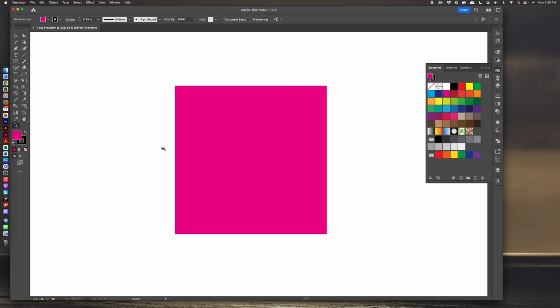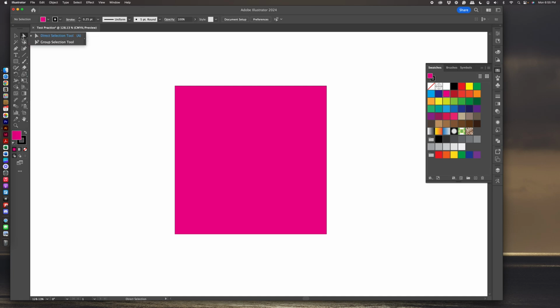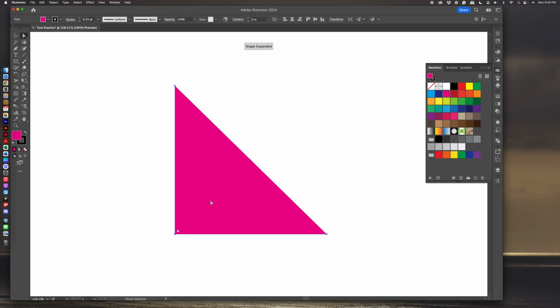So the next thing that most quilters use would be a half square triangle. Easiest way that I found to do this, you can do this a couple of different ways. So we're just going to go through a couple different ways here. First thing you could do is get the direct selection tool, which is this white triangle over here on the left hand tool panel. Click on that, and then if we come over here, there's an anchor point here. See how this one's white and this one's blue? The blue one is selected. So I have 3 white ones and 1 blue one. This one's selected. I can hit the delete key, and that gives me now a